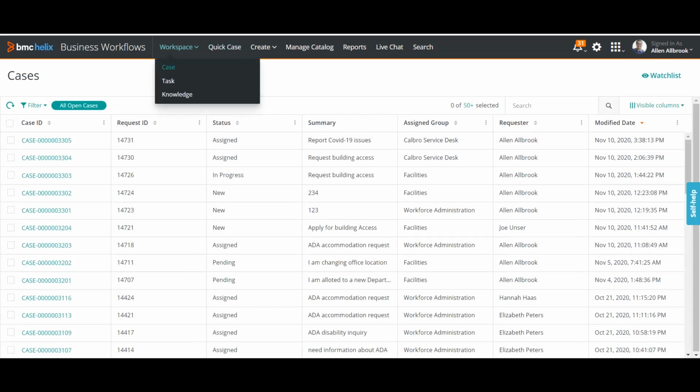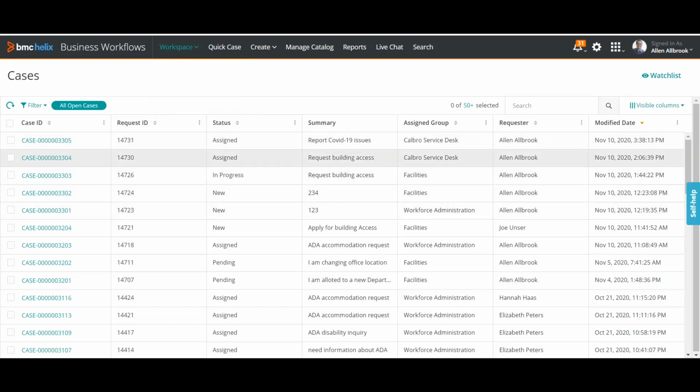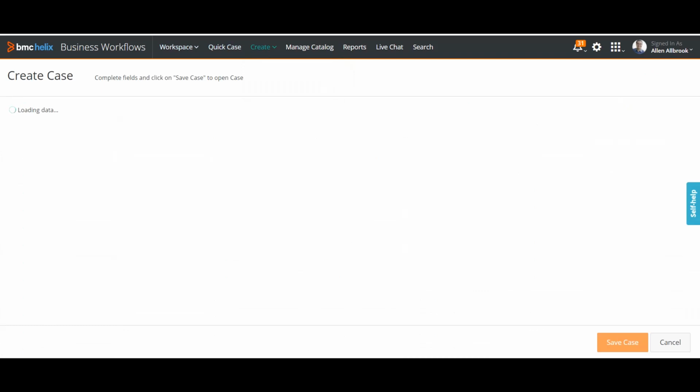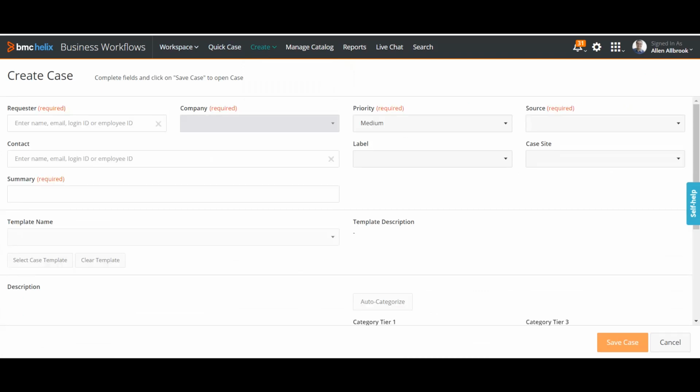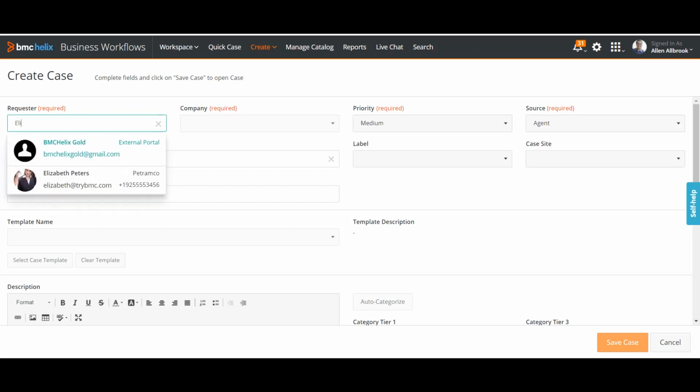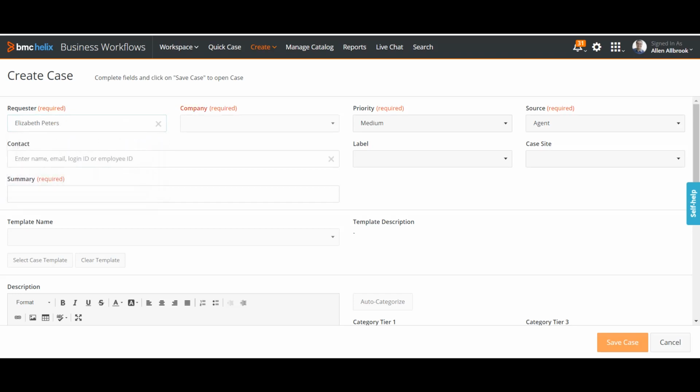So let me go to workspace, and if I click on case, it will again open up this console. Fine. Now to create a new case, I have to go here, create case. Case itself is a normal ticket. Similarly, as in ITSM we have a customer for whom we define a ticket, here it's called a requester. So let me say I have a requester. This Elizabeth is my requester who has requested. She belongs to Petro